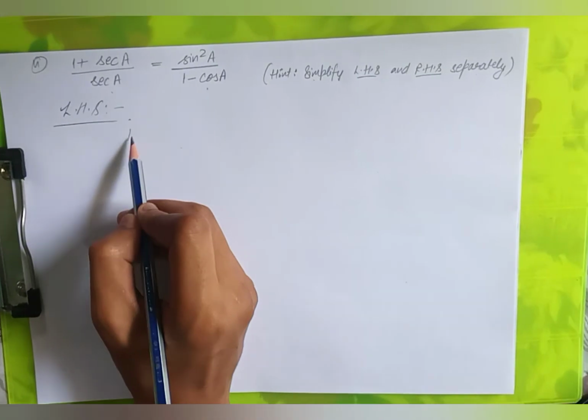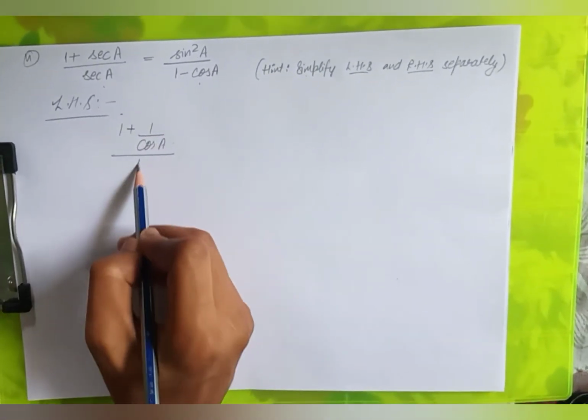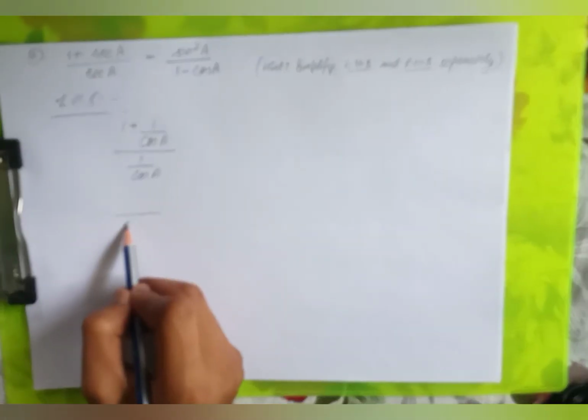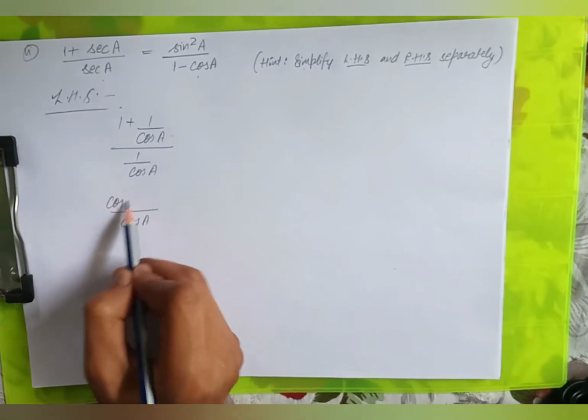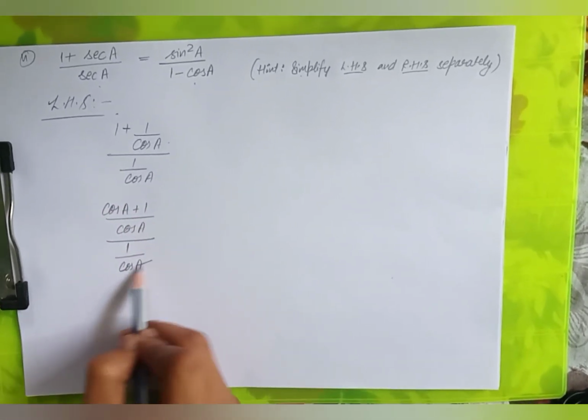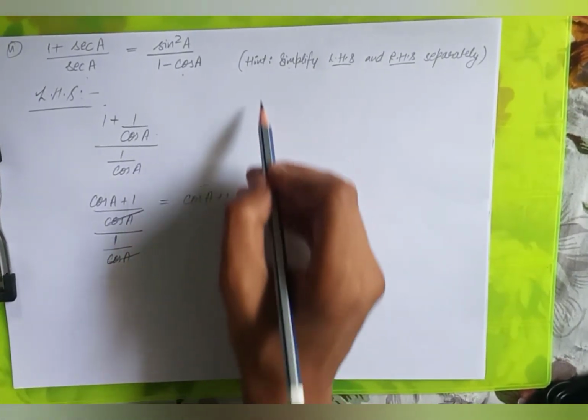By simplifying, sec a is 1 by cos a, and sec a is 1 by cos a. We will simplify this, LCM cos a plus 1, this will become 1 by cos a. This will cut off, and the LHS will be cos a plus 1. Now solving RHS,